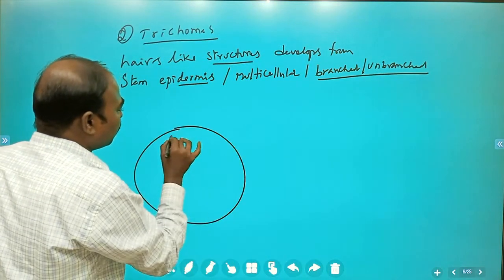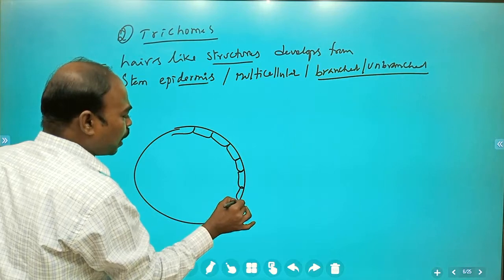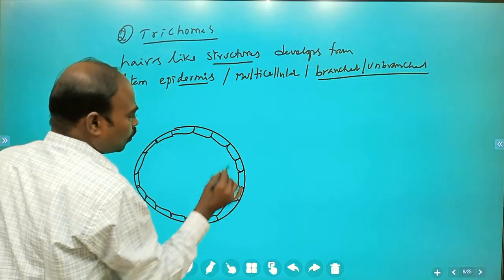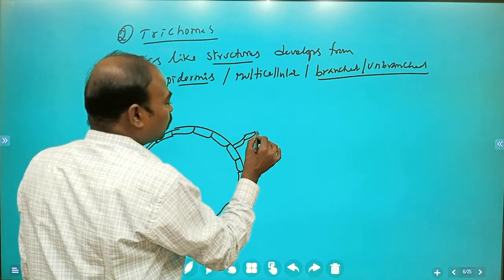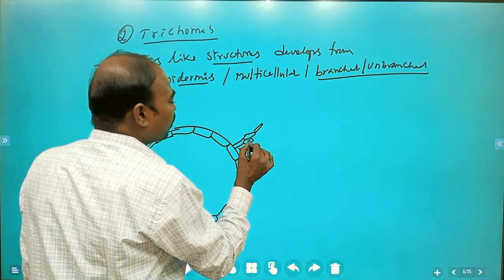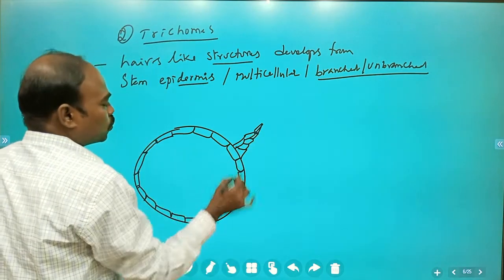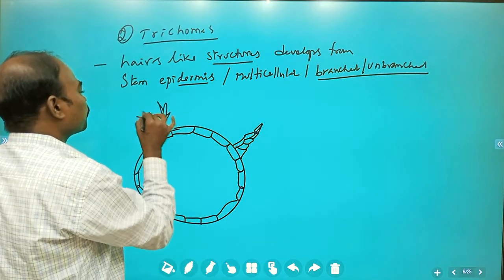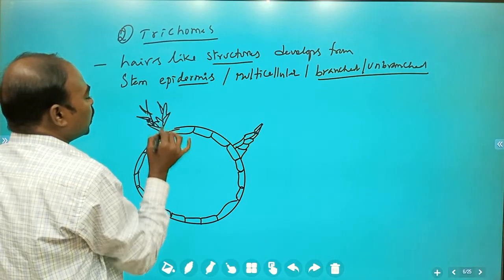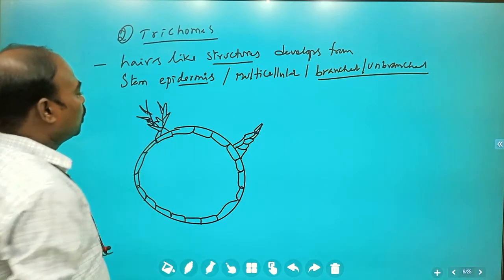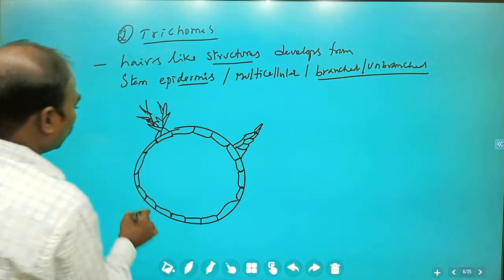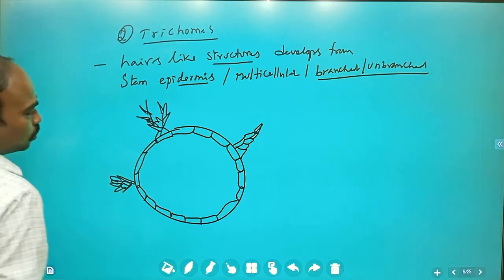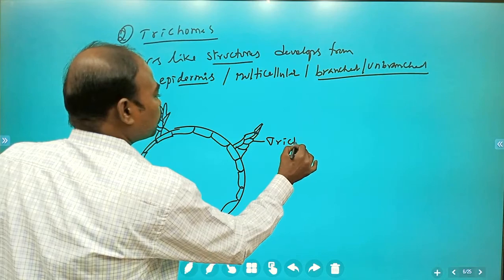For example, you see this is the stem epidermis of some dicot plants. The multicellular hairs developed from the epidermal cells are called trichomes. These may have branches or be unbranched. These are branched trichomes, unbranched trichomes. These are multicellular hair-like outgrowths called trichomes,